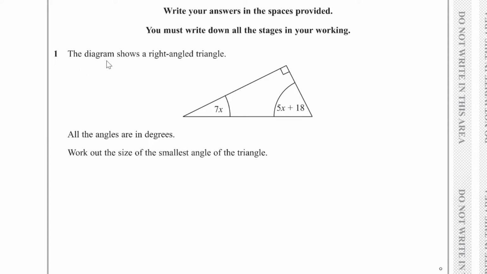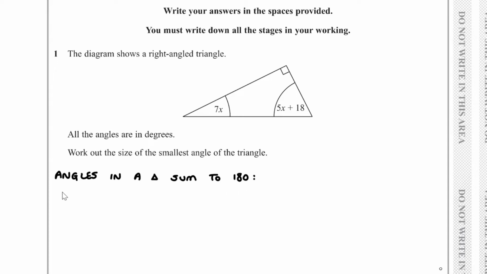Question number 1. The diagram shows a right-angled triangle, so that's what we see here. All the angles are measured in degrees. We have to work out the size of the smallest angle of the triangle. What we know already is that angles in a triangle sum to 180. So using the fact that angles sum up to 180,